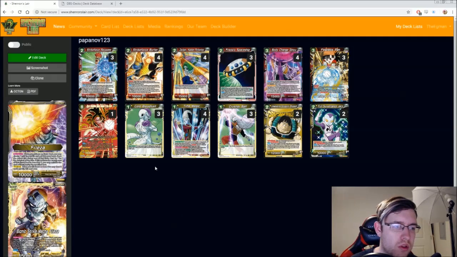The 2-drop Goku BR, striving to be the best Goku. So I think he's good for that. I'm gonna go back down. 4 time magic's probably okay. That's probably an acceptable amount. Would I rather have time magic or